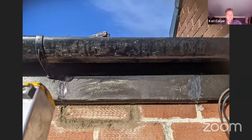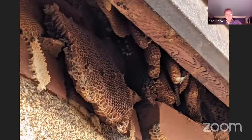And then he fixed it back on, cementing back in the brick I took out and using some black cork to put the black fascia back. But then obviously the whole wall comes off next week because the builders feel comfortable they can get in. But when they take the wall off, this is what they find underneath, the old comb, and this starts attracting all the bees back again. So they have to come back and